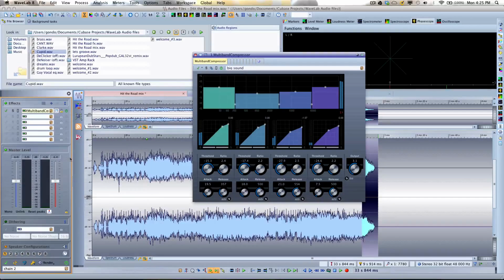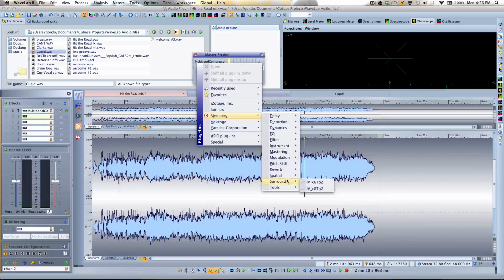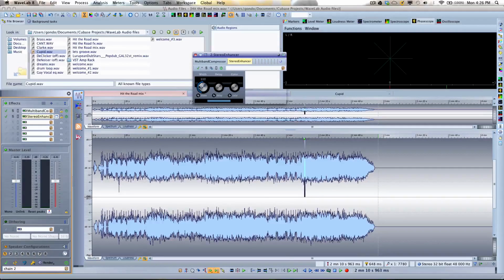Now, since I've activated that plugin chainer window, if I wanted to open another plugin, I could do it from the interface right at the top here. So open up a spatial plugin. So I'm going to go to spatial and to a stereo enhancer. So now as we play the audio,